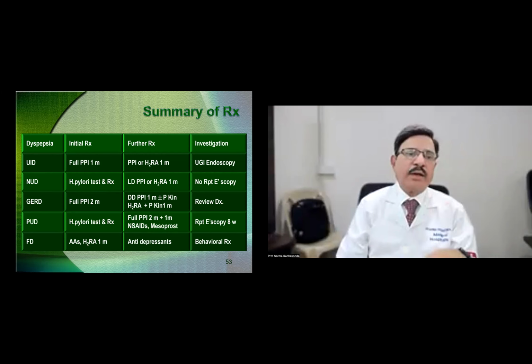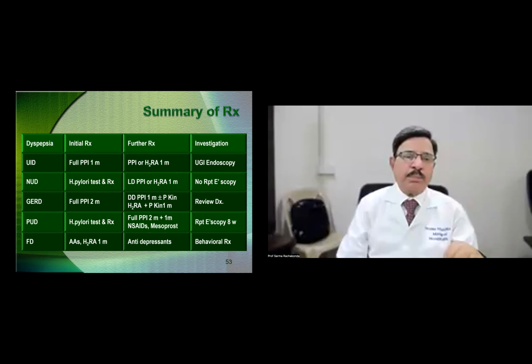Then if there is hiatus hernia, there are possible surgical treatments for hiatus hernia. There are 2 types of hernia, including the sliding type of hiatus hernia. These hernias must be surgically addressed.